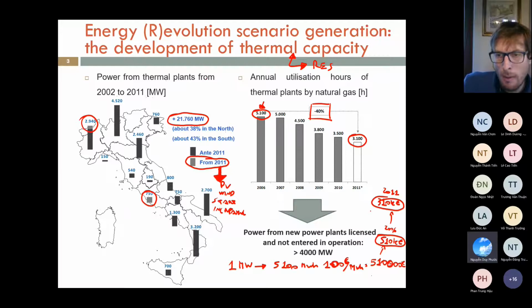Do you think I'm happy for that? If I am the owner of a thermal power plant, I'm not happy, because I reduce my income by 40%. That's also the reason why from 2011 there were just a few installations of thermal power plants, because most probably the installation of a thermal power plant is not convenient anymore. I don't get enough money. I cannot work for enough hours to recover my investment. So the installation of RES brings to this not very easy situation for the thermal power plants. I don't want to say that it's bad, but basically this changes completely